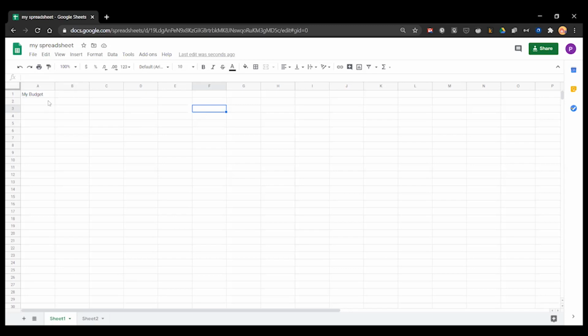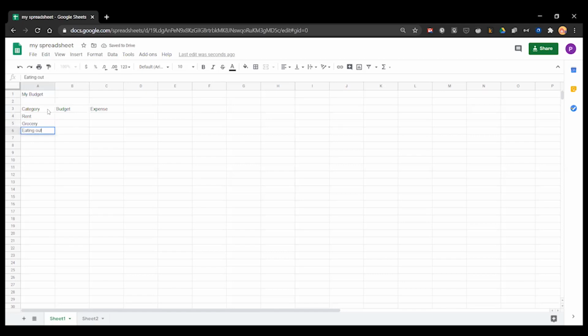All right, so My Budget has started with the title. Now let's put some more data in here. I'm going to type in, for example, Category for this one. And then Budget, how much money I budgeted for that category, and then how much I actually spent. So those are my three columns. And then I can type in different categories. So let's just do some quick things here: Grocery,